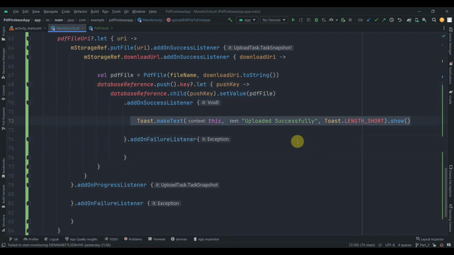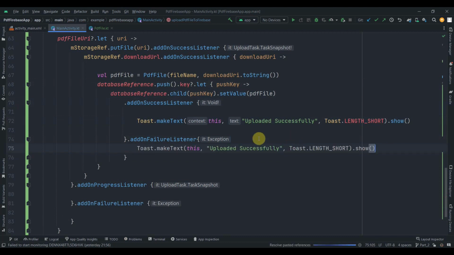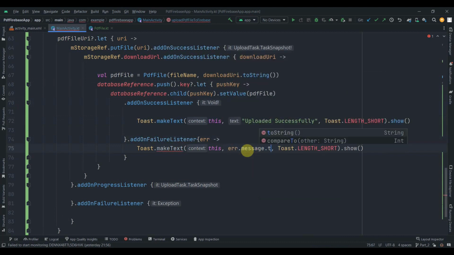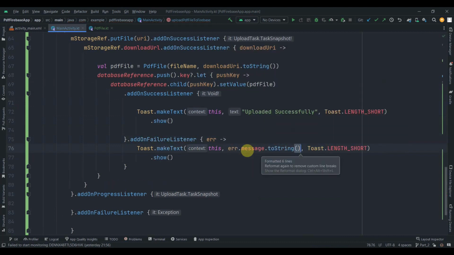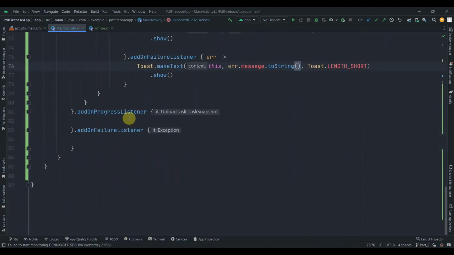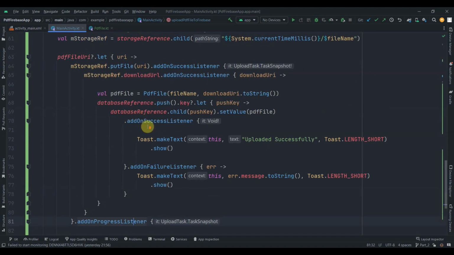I'll again copy this, and instead of it, I'll use error here, and instead of this text, I'll write dot message dot toString. Cool. So now we need to take care of this progress listener, because we have one progress bar if you